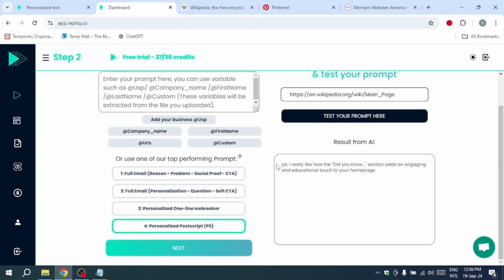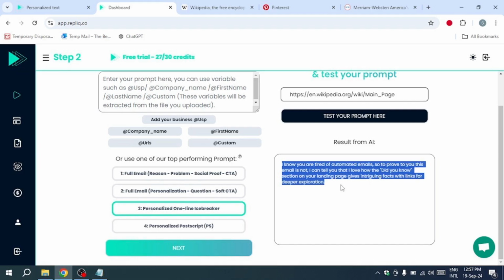Going to personalized one-liner icebreaker that says, "I know you are tired of automated emails, so to prove to you this email is not, I can tell you that I love how the Did You Know section on your landing page gives intriguing facts with links for deeper exploration." Now,